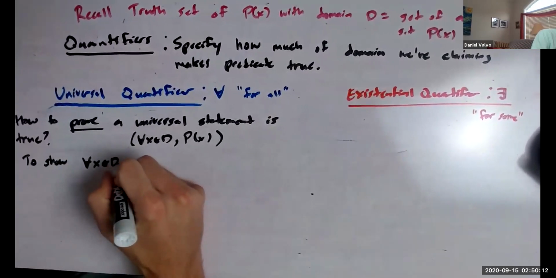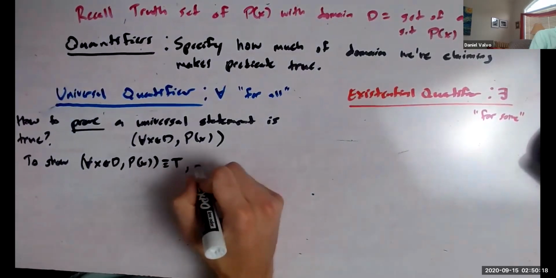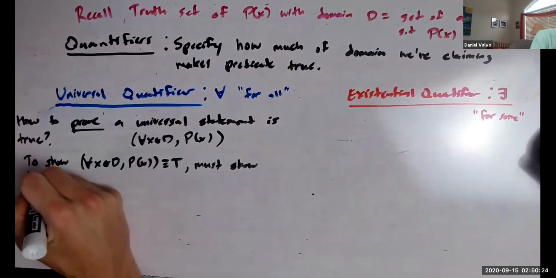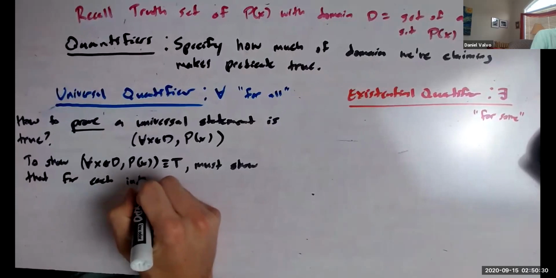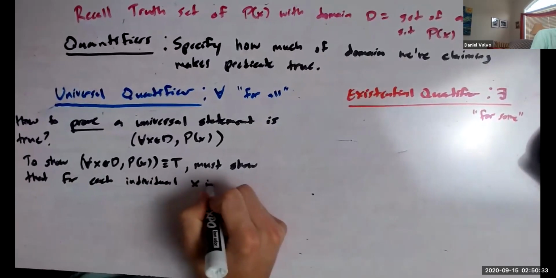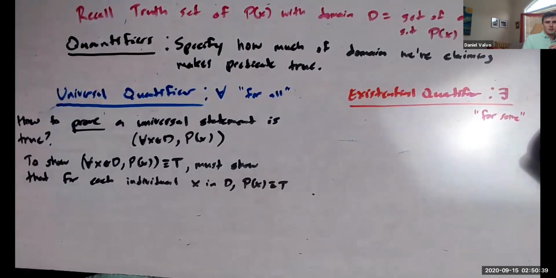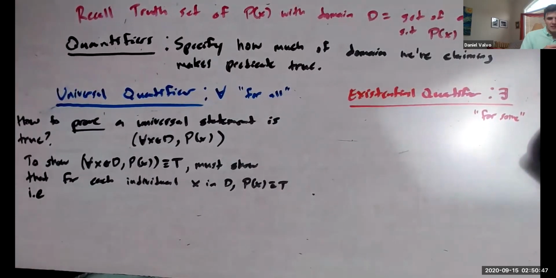To show that for all x in D, P of x is true, this is a statement, right? So it has a truth value. To show this is true, you must show that for each individual x in D, P of x is true. That's what it means, right? I.e., if you show that each individual x in D is something you can plug into the predicate and make it true,